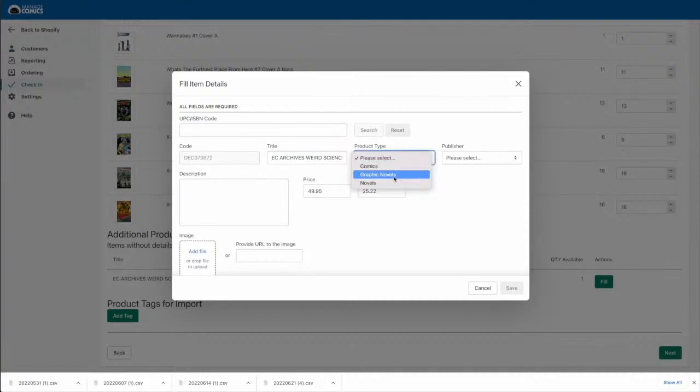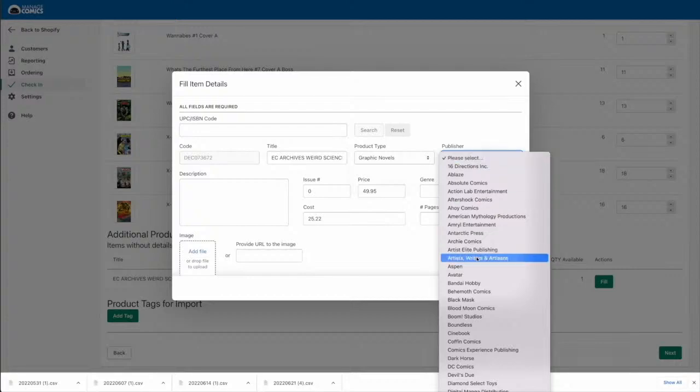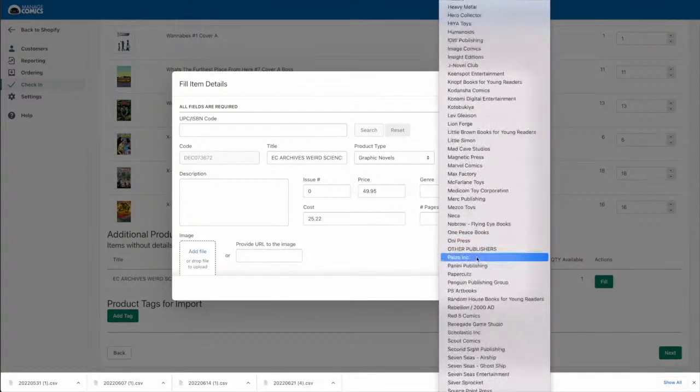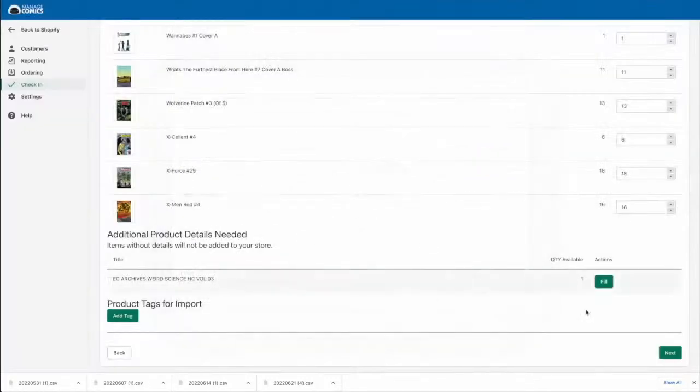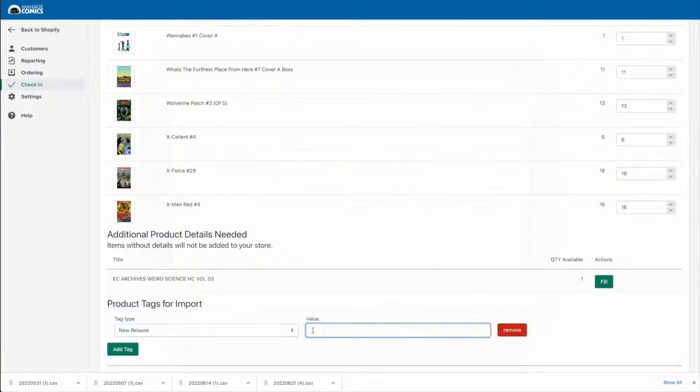Otherwise, you just have to answer all of the information about the individual product, and then it will still create the product and do any pulls that are necessary. I'm just going to cancel out of this for now. I'm also going to add a tag of new release